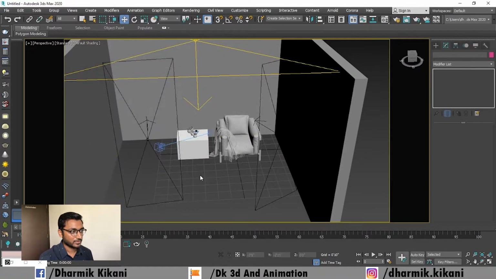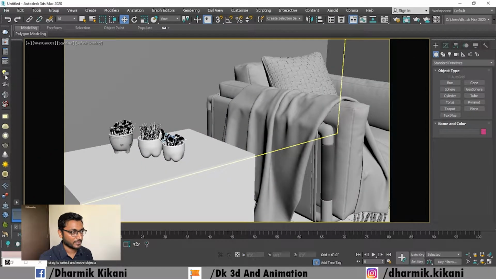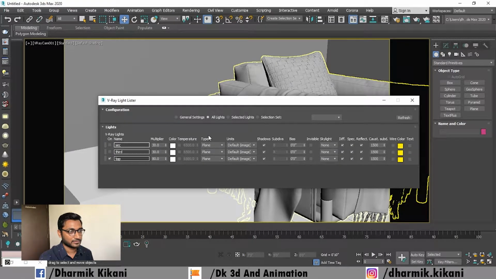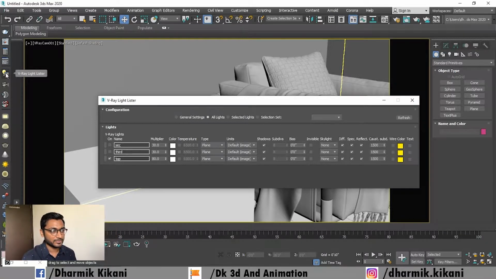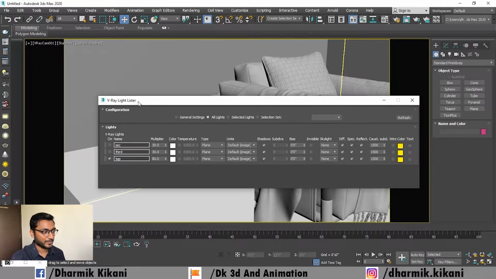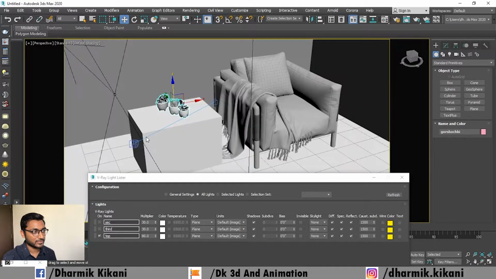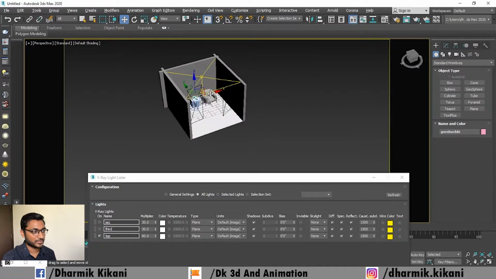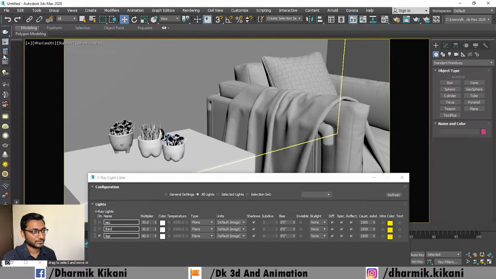Now go to our respective view camera and start setting up lighting. So this is the light lister. You can easily open this panel by pressing this button, and as you know we use three lights, 1, 2, 3, so we get three lights here. Go to camera and start IPR.